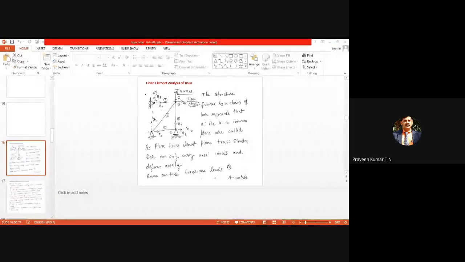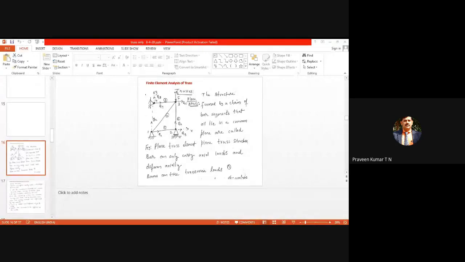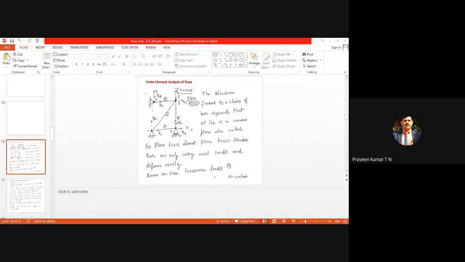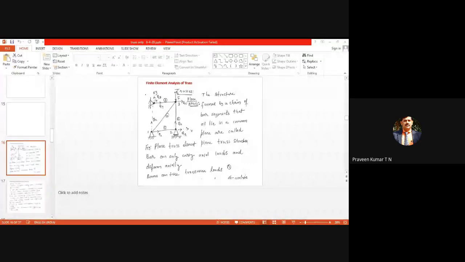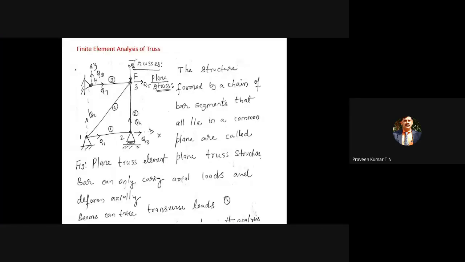What is the boundary condition when node 1 is fixed? 0, sir. That is, at node 1, Q1 is equal to 0. Q2 is also equal to 0 because node 1 is fixed. Similarly, if node 2 is considered, there may be problems with one element like this. So almost all boundary conditions are shown here.